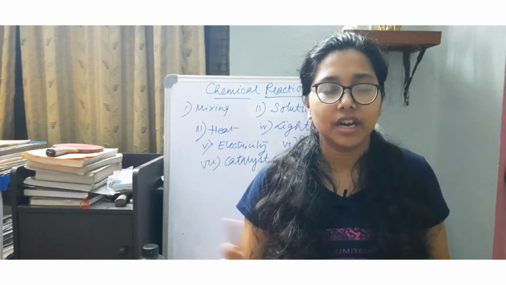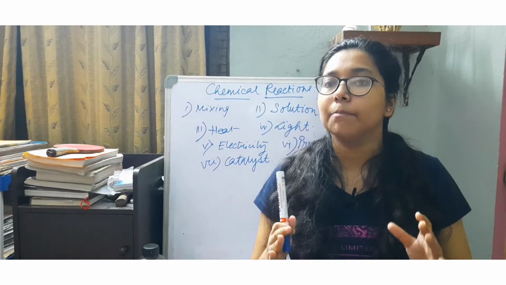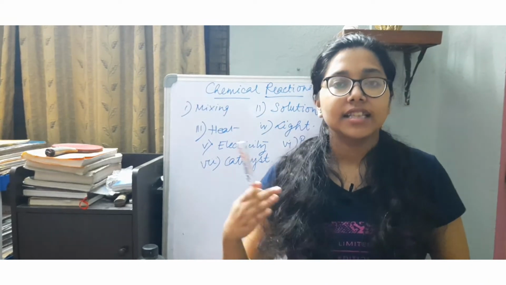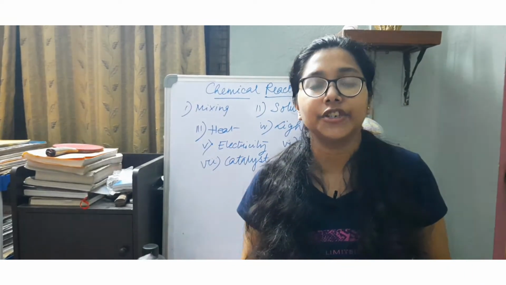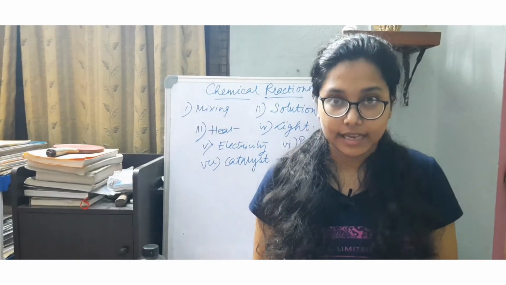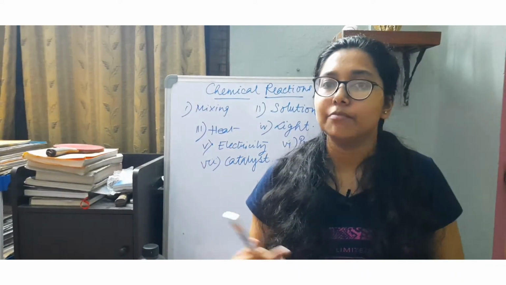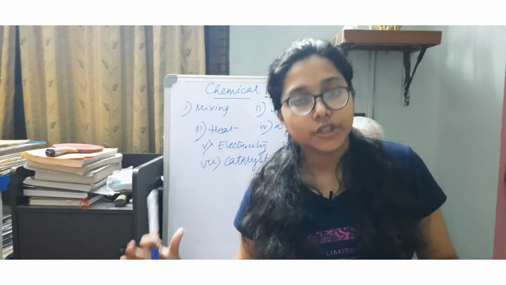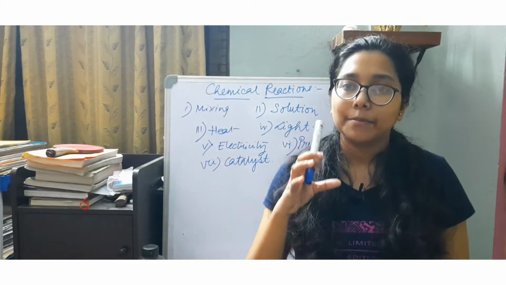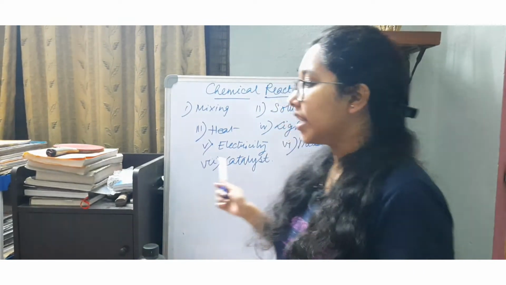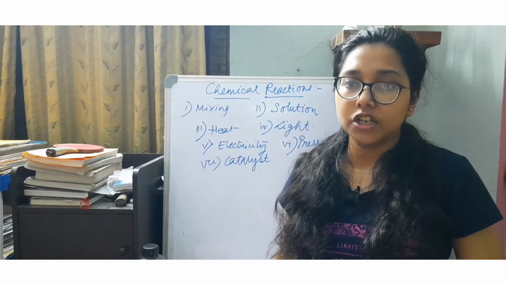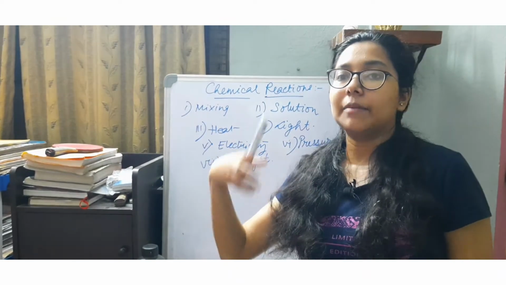So this is just an introductory part, but now the most important thing is, whenever there are chemical reactions, there are certain necessary conditions that are required for the chemical reaction to take place. So what are those necessary important criteria which generally vary from reaction to reaction? If we go for certain basic necessities, what are the necessary things that have to occur so that there is a chemical change, or more importantly the chemical reaction?